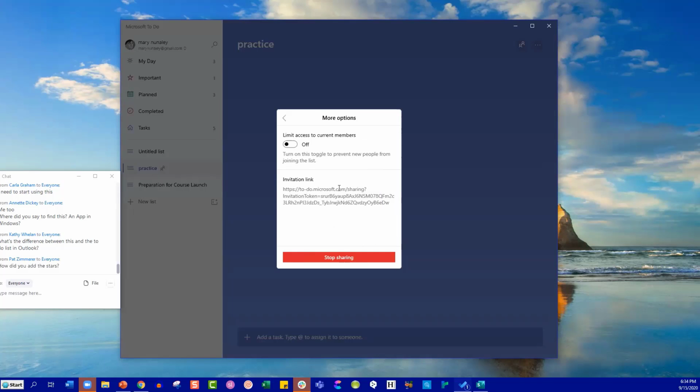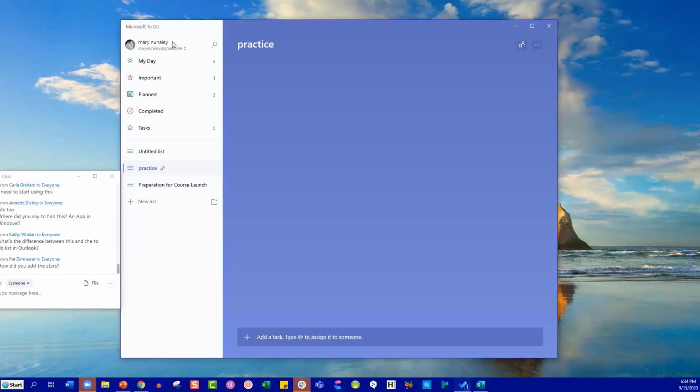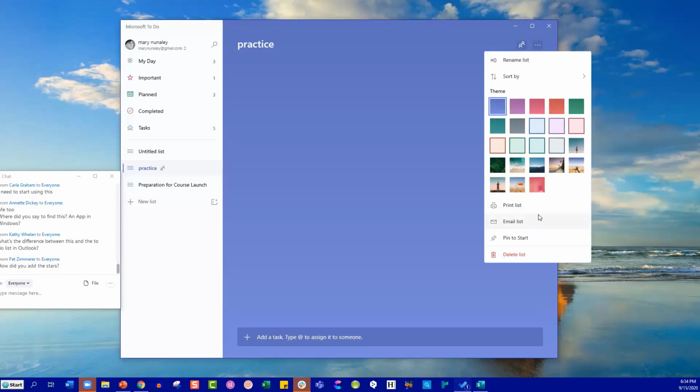So just like you can share things within OneDrive, the same continuity applies. Any questions about To Do? It's really simple. The little cat here is sleeping because nobody's done anything. You can also go here and pick a theme. So if you want your first page to have a theme or specific colors, because we're Lavender Dragon team, we have a lot of purple in our stuff, but you can make it so it's very pleasing to yourself.